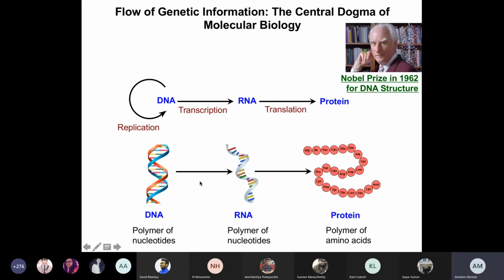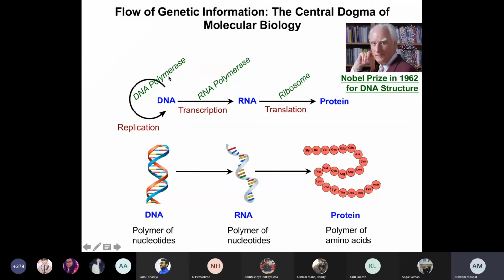Okay, so DNA gets replicated, and we have talked about how DNA polymerase performs the DNA replication event. The next step is transfer of the genetic information from DNA to RNA, so that it can further be transported into proteins. This step of RNA synthesis from DNA is known as transcription, which is performed by RNA polymerase, or I should say DNA-dependent RNA polymerase, because it utilizes the DNA as a template in order to synthesize the RNA.